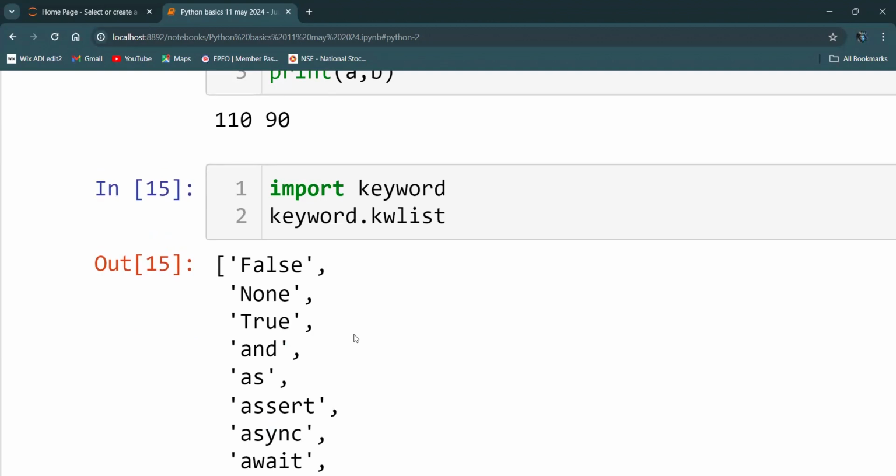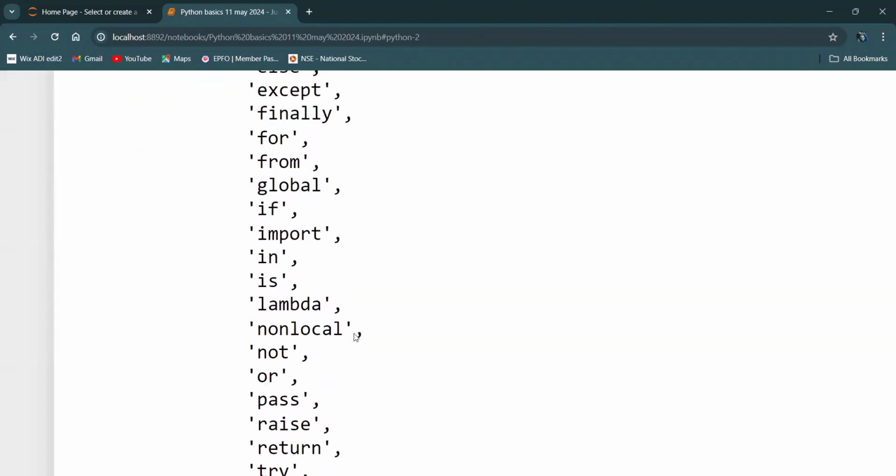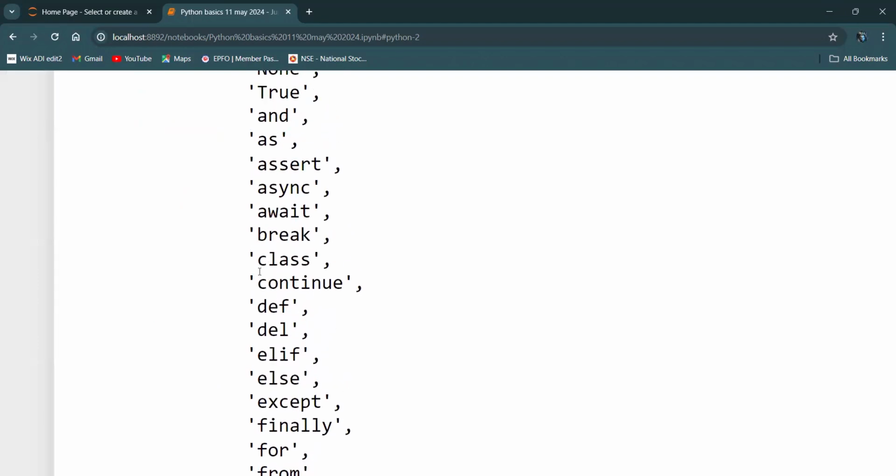There are certain keywords in Python which do only a specific task, and those are also called reserved words in Python. These reserved words do only specific tasks, as per the alphabets. If instead of small letter c you go with capital C, that is not a reserved word.